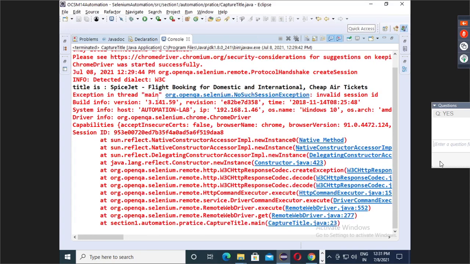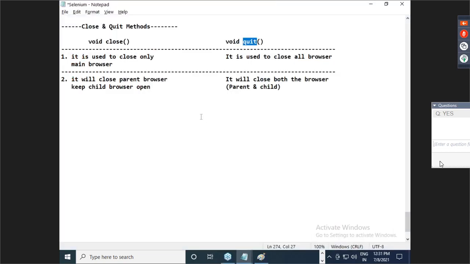Guys, I guess you are aware where you need to go. I guess you have to go to the last page. Okay. And take exception number 2. NoSuchSessionException.